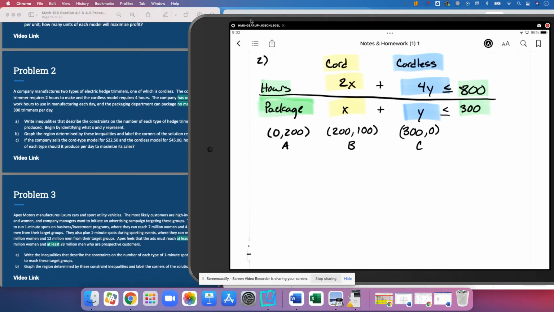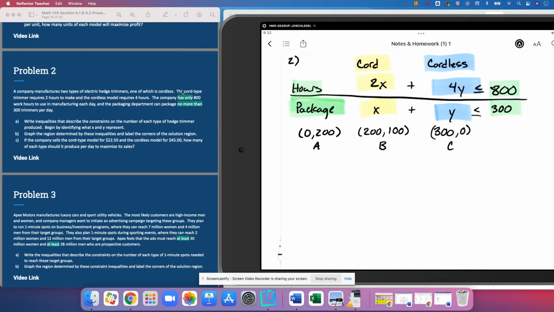And so that is it for the first part of this, everyone, where we are looking for inequalities that represent the scenario. We graphed it and we found the corners of the solution region. And now we're trying to maximize sales or maximize profit. The company sells the corded model for $22.50. And so we need a profit function. It sounds more like a revenue function, but for the corded model,